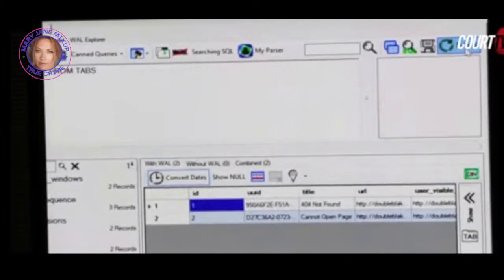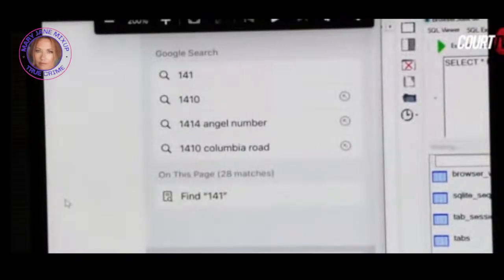So the fact that I did a new tab and a new search has had no effect on what I can see. This is different to on previous versions of iOS, where you would already now see a new record with the 1410 search, which I'd made. And I'm going to do another search. Hopefully it's going to catch up with me. It's now 1411, so I'll do a search for 1411.